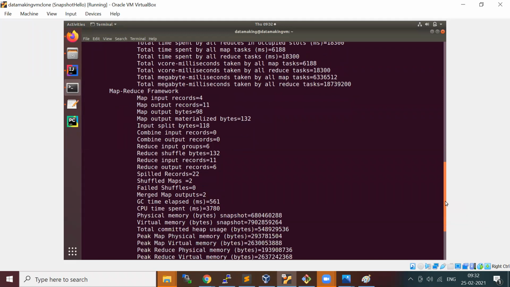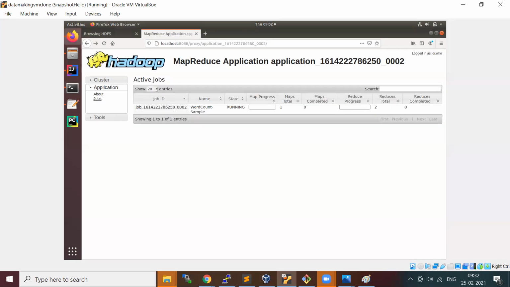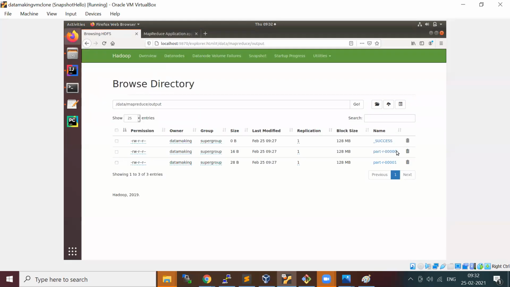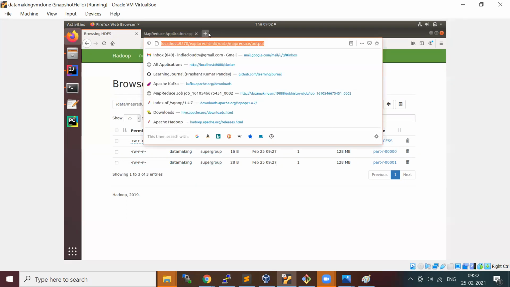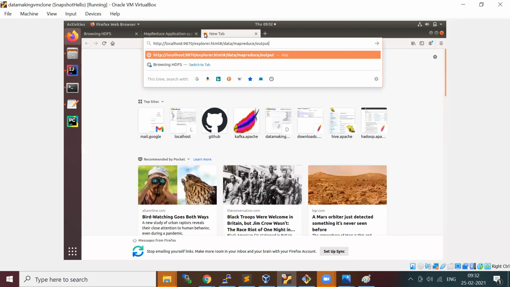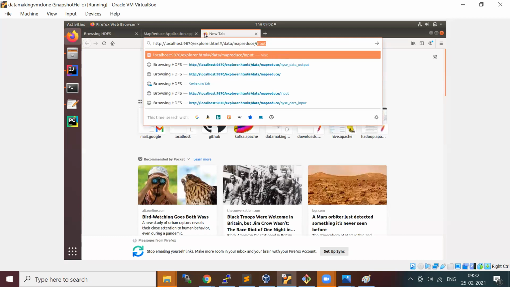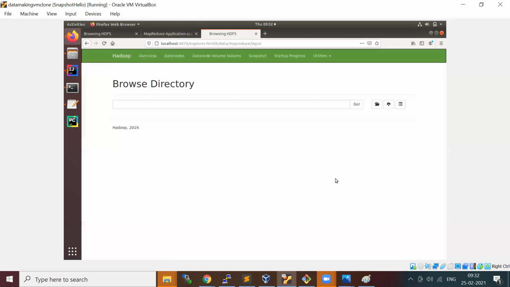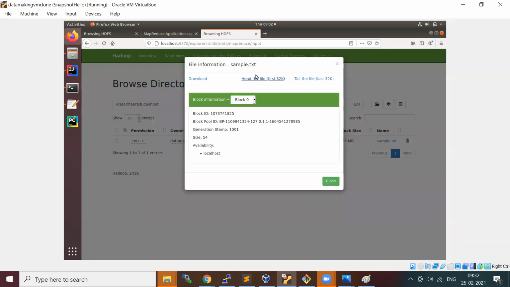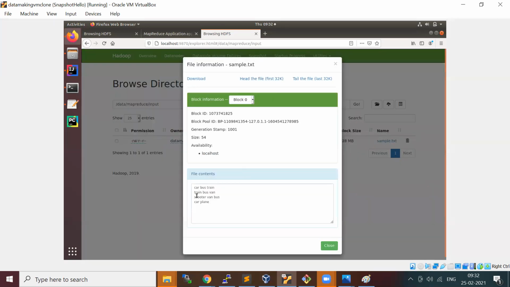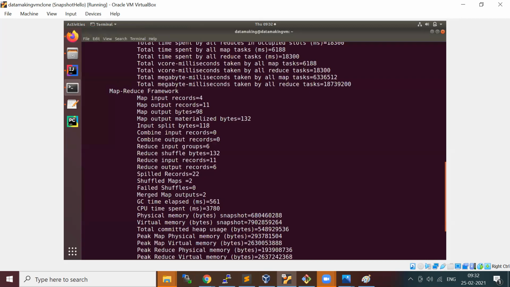Okay, so the map input was four records, right? We had 4 lines in the input data. That's what the statistics say.